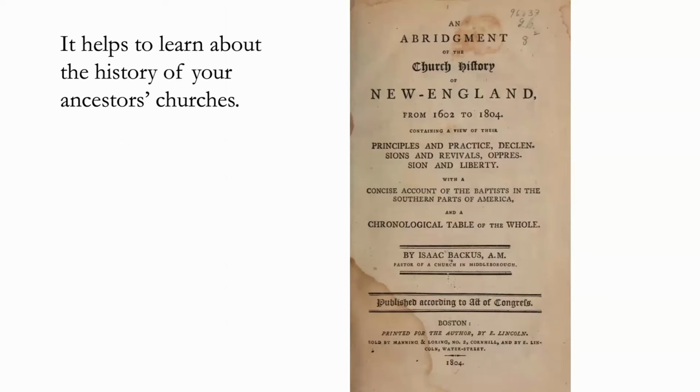This next step here is to learn about the history of your ancestors' church. That's extremely important. And what you have is a possibility that the records that you have are not current. In other words, your church history, like this church history of New England, was from 1602 to 1804. Now, that sounds like it's really old, but it's not very far back in your genealogy if you're going back